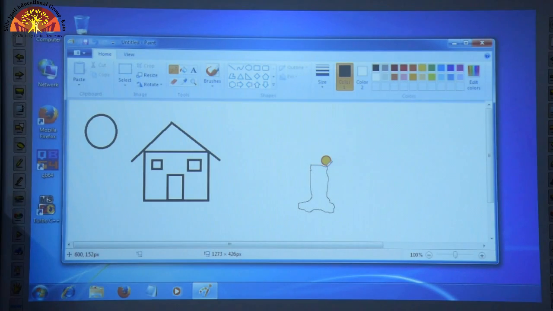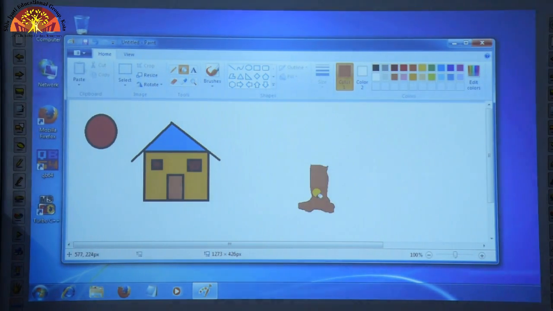So let us start again. Now we will click the fill with color tool, select a color, and color our image. Like above, we have colored blue, then the doors and windows we will color brown. You can see in the picture how to use the fill with color tool, and how we have selected different colors from the colors group.